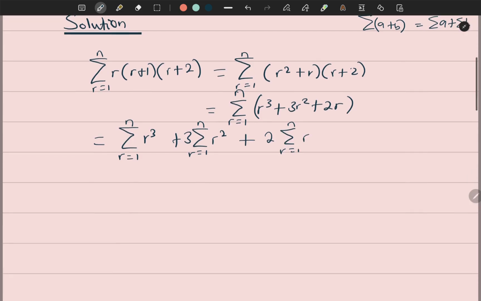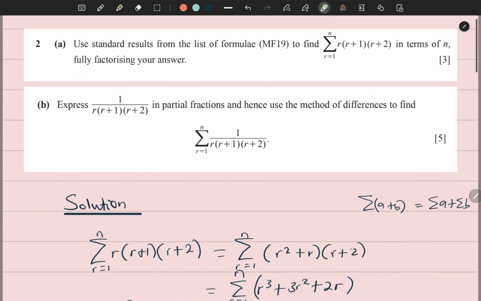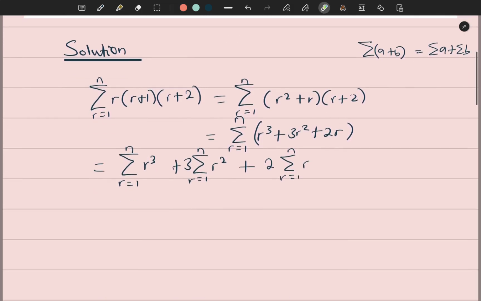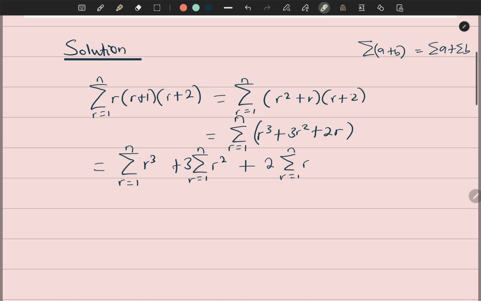Now remember, we are asked to simplify this, or find this in terms of n. The first thing you have to understand is that for each of these you have a formula, and that will be given in the formula sheet, although I'm not using that here. But for those of you coming across this for the first time, we have this to be